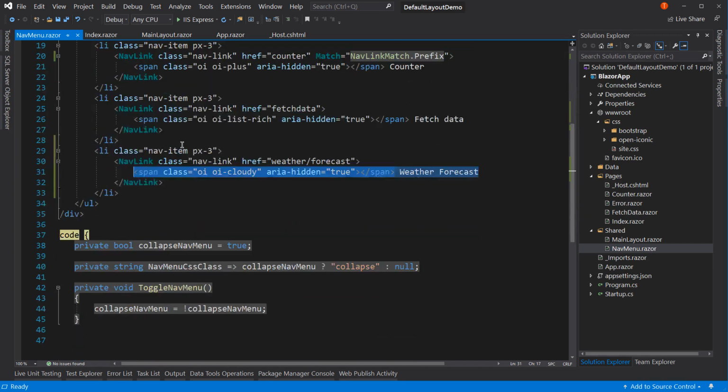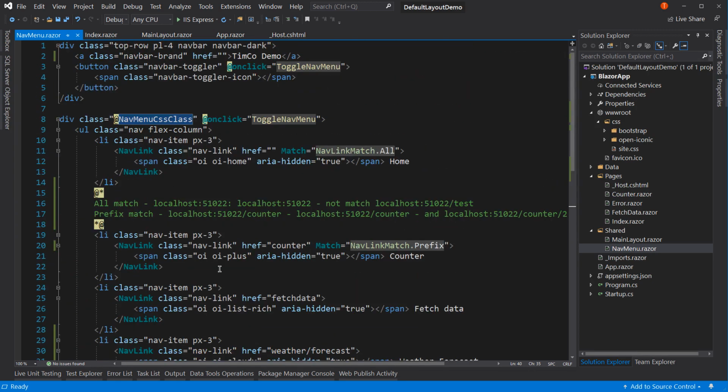Now at the very bottom down here, this is a little bit of setup code that allows us, notice the collapse nav menu. And so what it says is, hey, toggle the nav menu. And if you click that button, it's going to change the collapse nav menu boolean. And it's going to either collapse it or not, which that collapse is just a class. Notice nav menu CSS class, which changes based upon this boolean. Well, up at the very top here, nav menu CSS class is in that div. That's how we